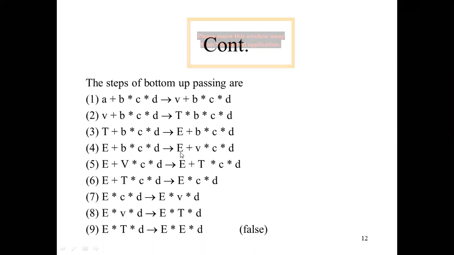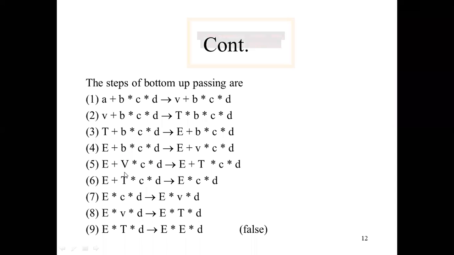Okay, and then again you have to write this thing here to the left hand side. Okay, then E plus V star C star D, this one. Just we have written here a small V, but this is the same thing. Don't think about this V and this V. Here all are, you can treat as a small V. This is a typing mistake here, all are a small V. So this is E plus V star C star D.